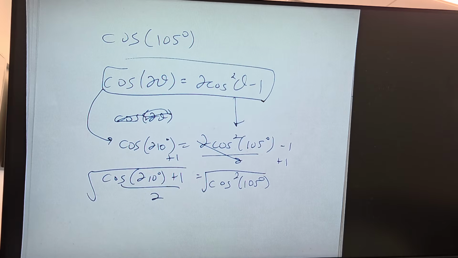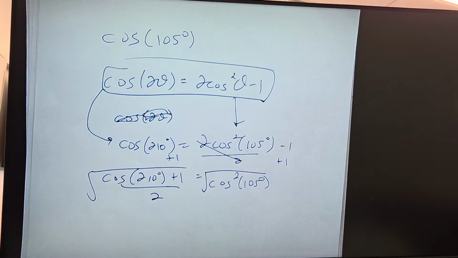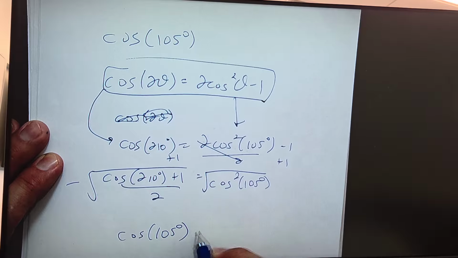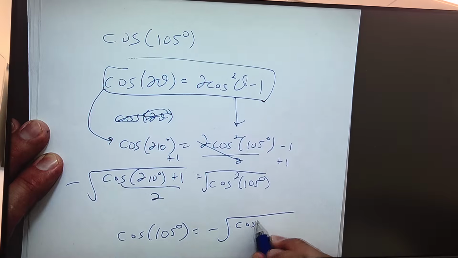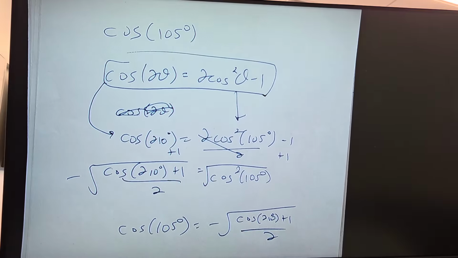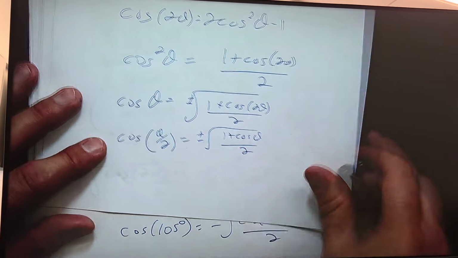Yes. Now listen, do you understand you don't have to do any of what I just did? Let me show you why. This is what I get this way. You're not done, are you? Because you have to actually figure out what cosine of 210 is, and so on, yes? But if I just apply the half angle formula directly,